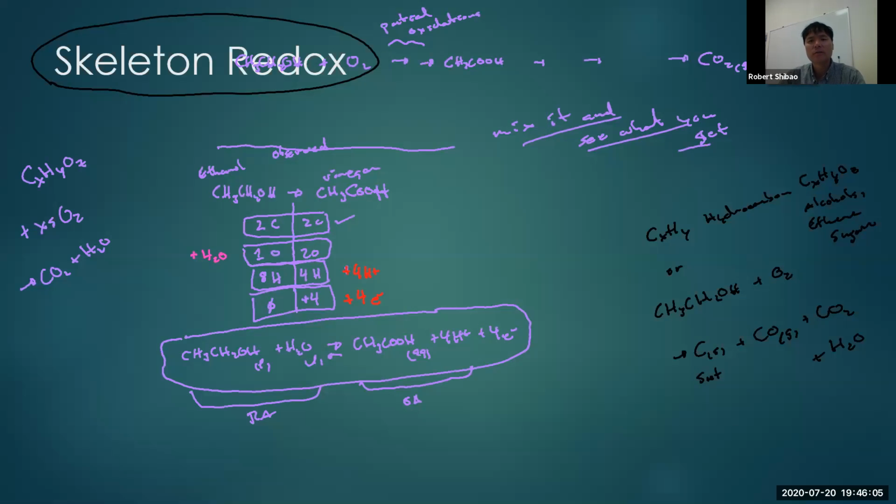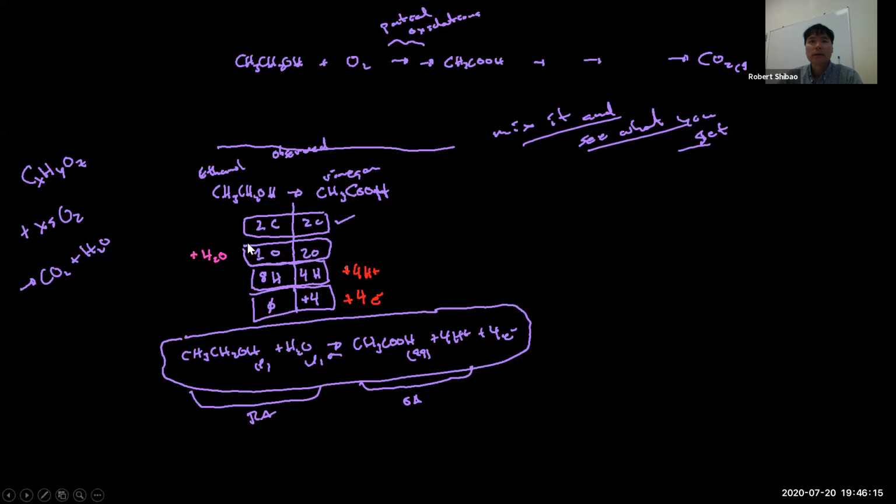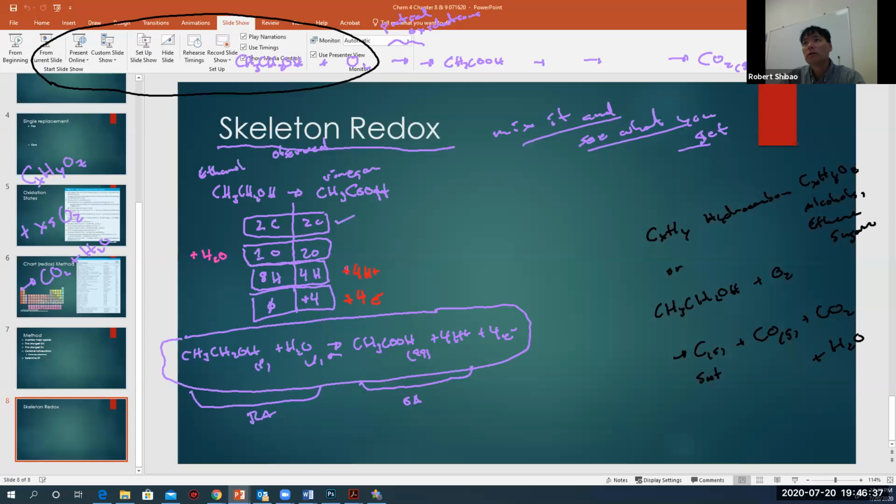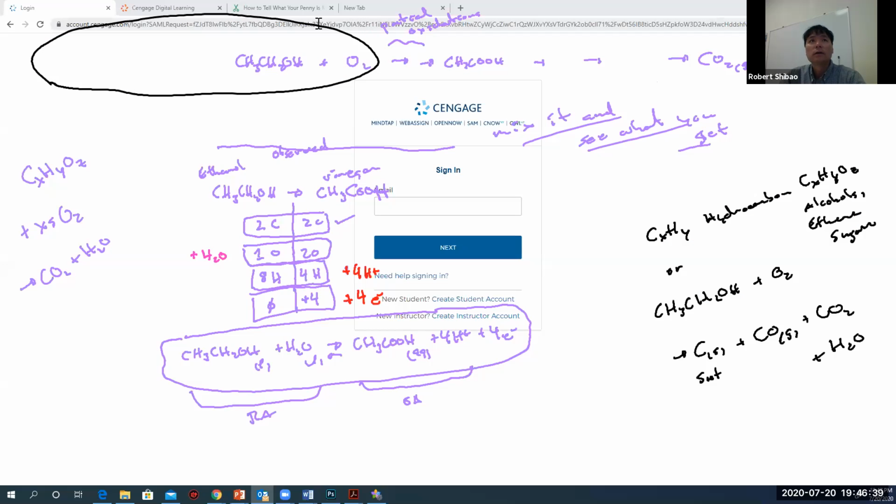So this is why skeleton redox is important, because who knows what we're going to predict. So the easiest thing is just to try it and see what happens. And so here we have what's happening with the ethanol, and then keep that in mind here. Now, what's going on with the oxygen? We can just get that off the redox chart. And so let's just copy it off the redox chart here.